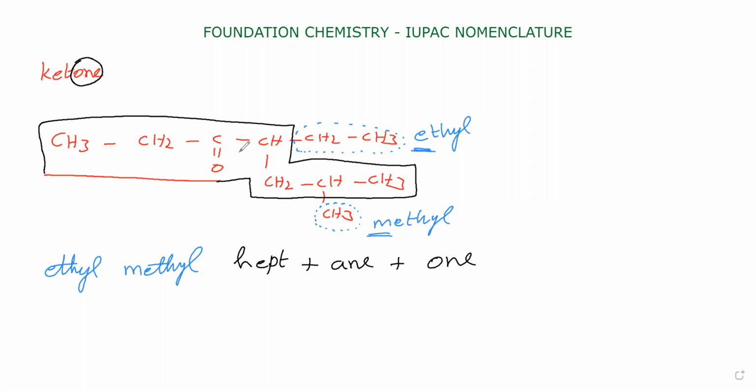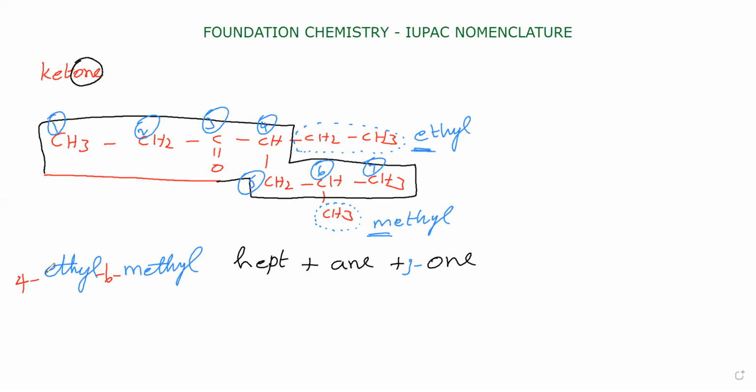So shall we start giving numbering from the left extreme? Yes, so we are starting from the left extreme. Number 1, number 2 carbon, number 3, 4th carbon, 5th carbon, 6th carbon, 7th carbon. Now the position of ketone: the ketone carbon is present at the 3rd position in the parent chain. Therefore 3. This methyl group is present at the 6th position, therefore 6-methyl. This ethyl group is present at the 4th position, therefore